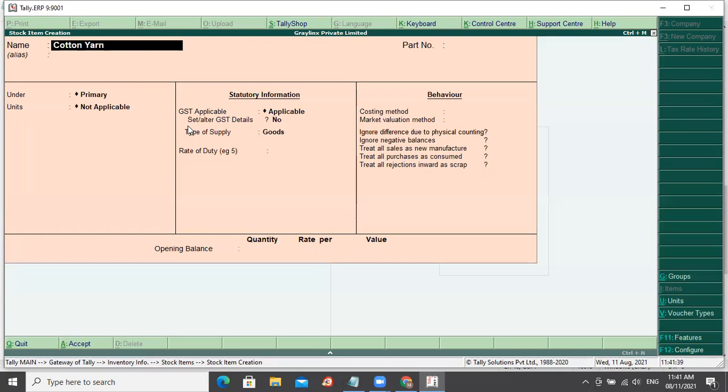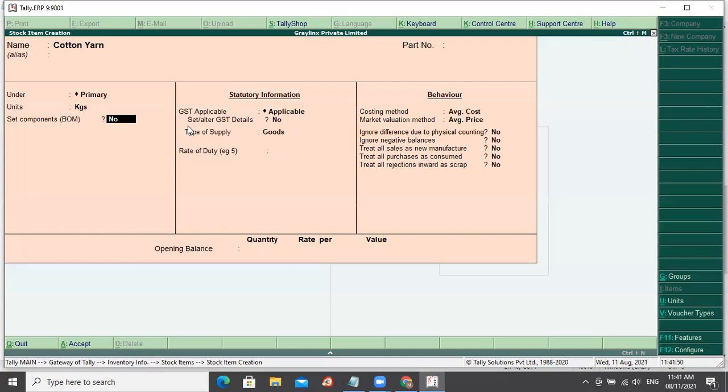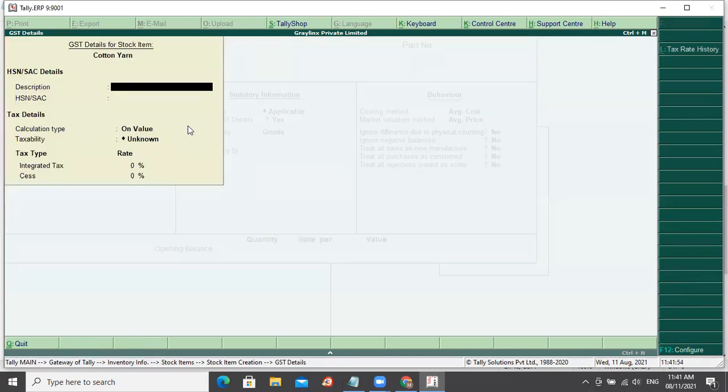I'll call it cotton yarn. Alias, part number, if you have anything. I'm measuring this in kgs, so I'm just selecting kgs. Is GST applicable? Yes, it is applicable.